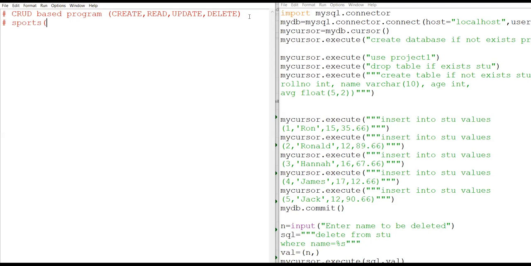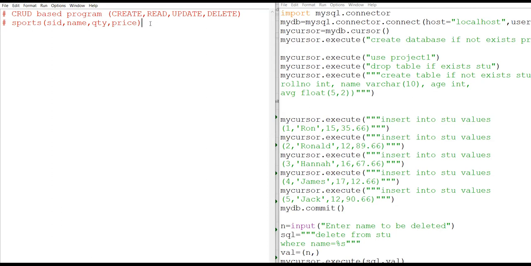In that sports table I will have sports ID, name, duty by, and price. Basically this is for sports equipment, so this is what we are going to do, and in which we are going to make all the things.